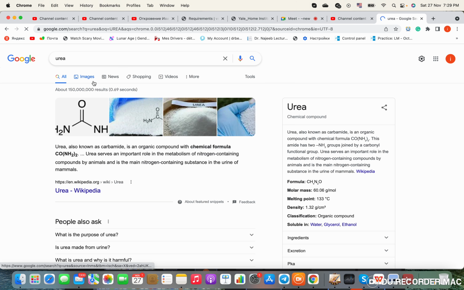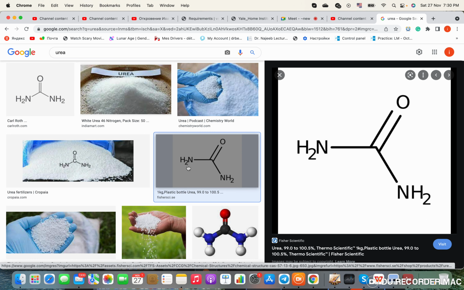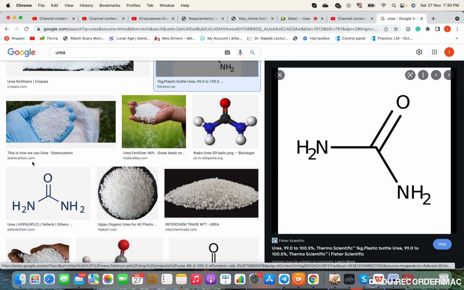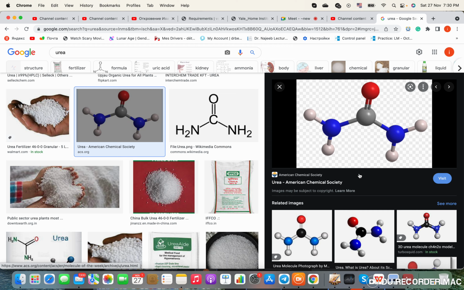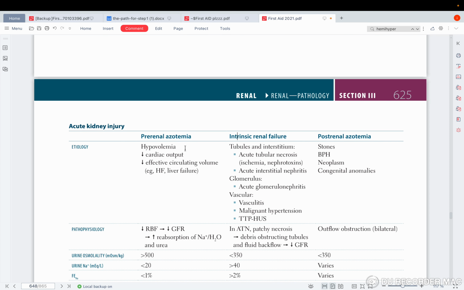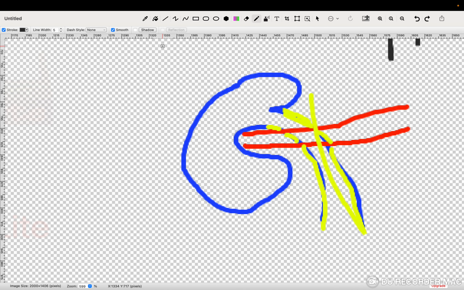If you take a look at the structure of urea, it has multiple H's. It has like 4 H's, NH4. So this will basically lead to a lot of, it's not about the hydrogen, it's about the nitrogen. There are two nitrogens here. So these two nitrogens basically are super important because when you have a lot of them inside of your body, they will lead to azotemia, okay? So let's speak about the pre-renal azotemia. In case of a pre-renal azotemia, can you tell me please, is it pathology in 1, 2, or 3?